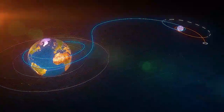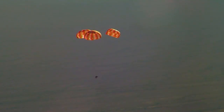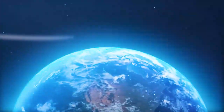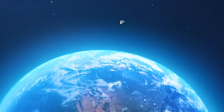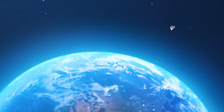After traveling 1.3 million miles, Orion knows there's no place like home. When it's time to return to Earth, there are some key steps that must happen. Orion will attempt the first skip entry ever for a human-rated spacecraft. The maneuver is like a thrown stone, skipping the surface of a pond before sinking. The capsule first uses the upper part of Earth's atmosphere to reduce speed and generate lift, so it skips back